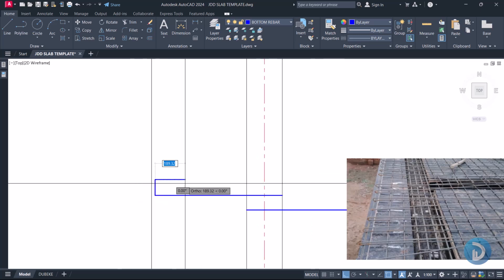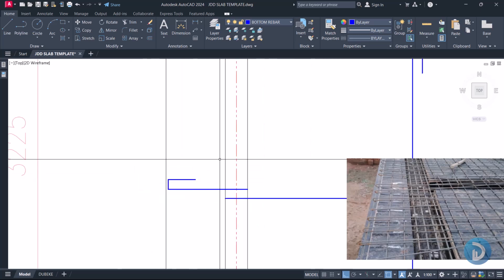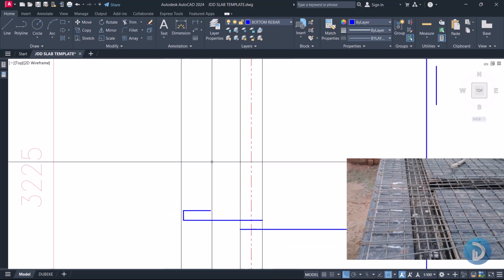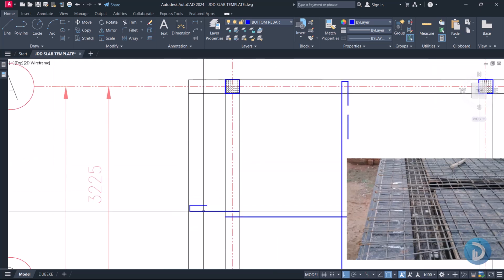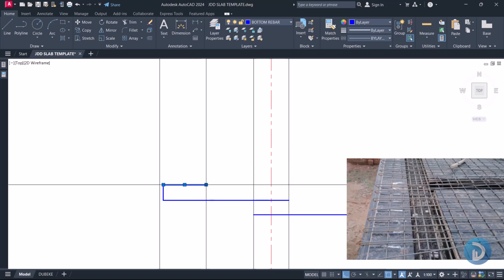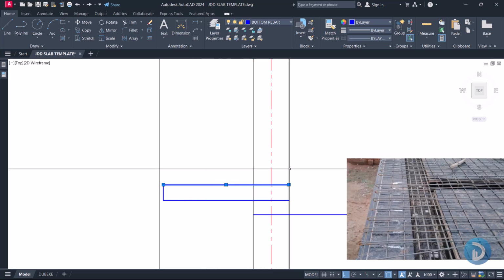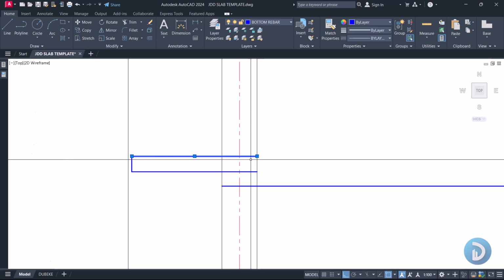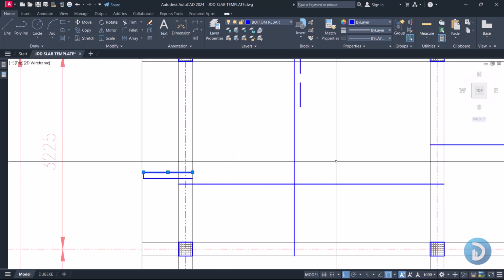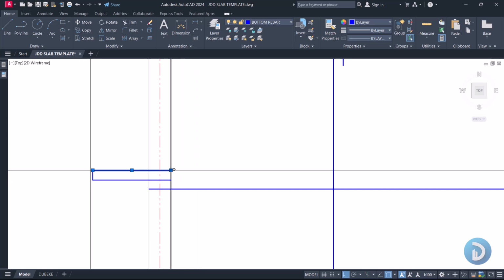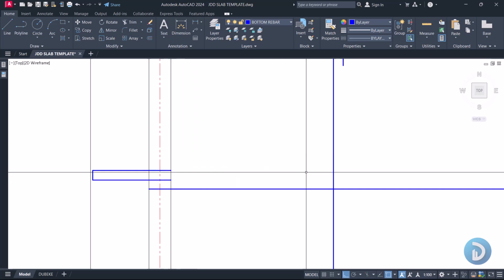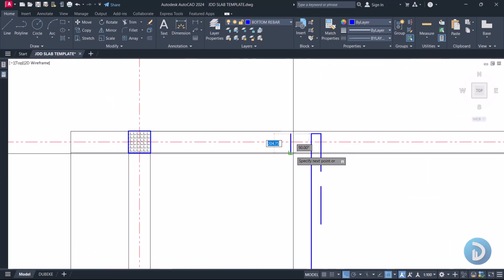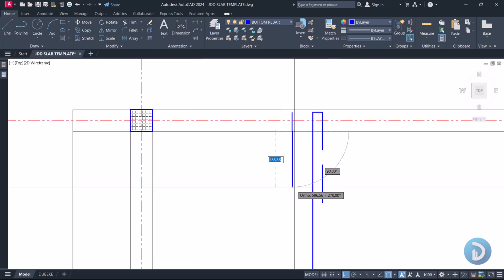Then for this return, you are not expected to stop at 25% of the width of this very span. You are expected to return this reinforcement up to this support here, which is our tie back. Then from the tie back, you have to go back into this slab by 25%. So keep in mind that if we have something like this, we'll come here and we'll return, we'll stop here, then we'll return into the slab by